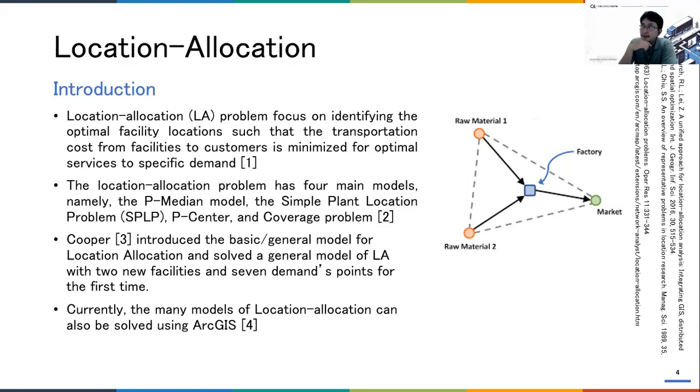You might find this type of problem in a lot of areas, and there are a lot of solvers and tools you can use to solve it. One of the most famous tools for this type of problem is perhaps already embedded in GIS software, for example